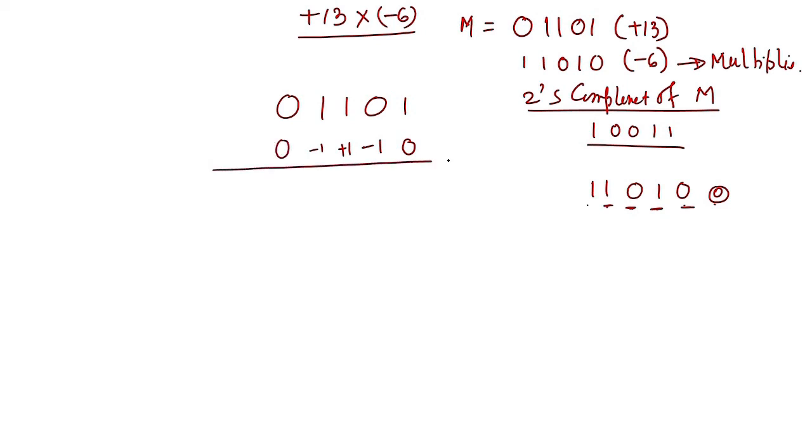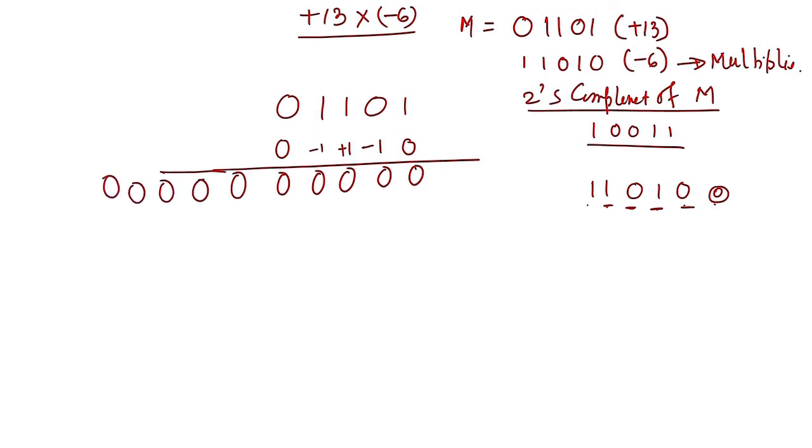Now, we will perform here. So, now it is 0. 0 means you have to put all 0, and then how many bits? 1 2 3 4 5, 5 into 2, 10 bits. So, 0 0 0 0 0 0 0 0 0 0.